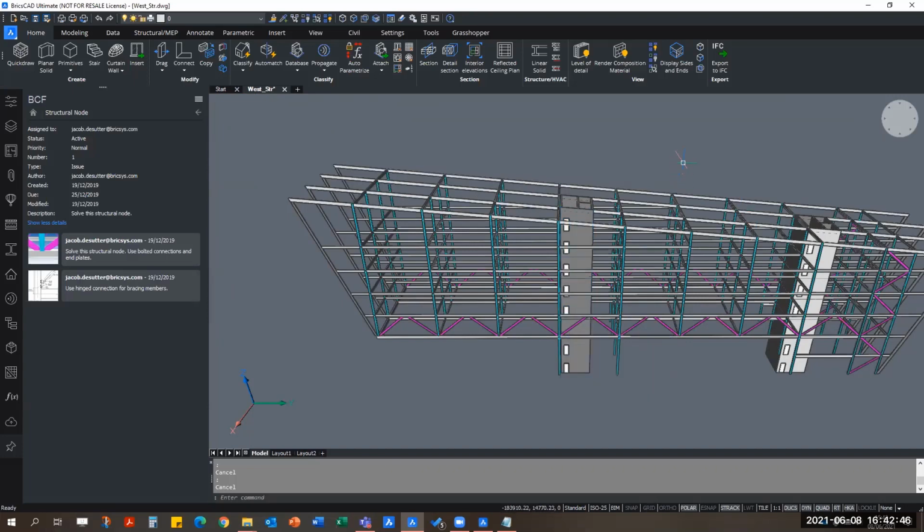So if they sign up themselves to a VCF service, such as BIM Collab or BIMsync, do their markups or annotations, etc., and just let the issues be known, they export it to a VCF file, which you can later import into BricsCAD through the panel over here. This will be very easy for the design team to navigate if they are using BricsCAD. So with that said,